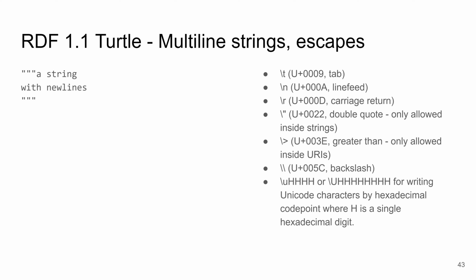Right, there is one specialty in Turtle, which are multiline strings. So if you use triple double quotes, you can use new lines in strings, and those will still be in scope of the literal. With regular double quotes, a new line is not a legal character and needs to be escaped. Now there are some characters that need to be escaped in Turtle, no matter the use of single double quotes or triple double quotes. So you need to escape your tabs, line feeds, carriage returns, double quotes, greater than signs